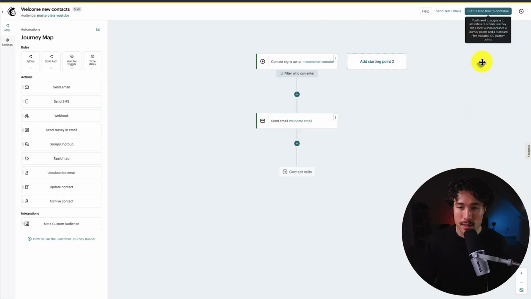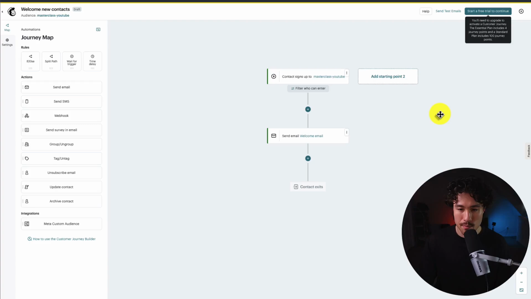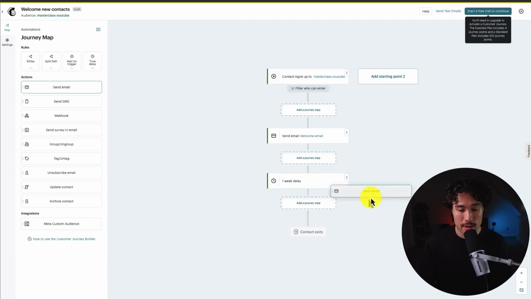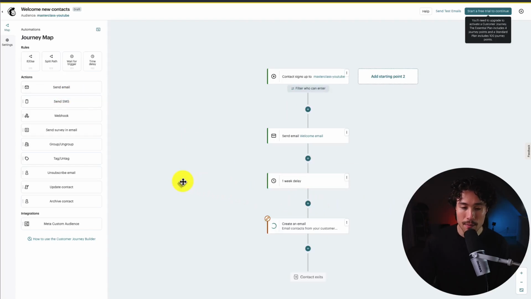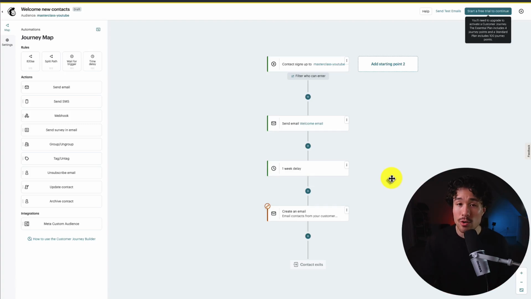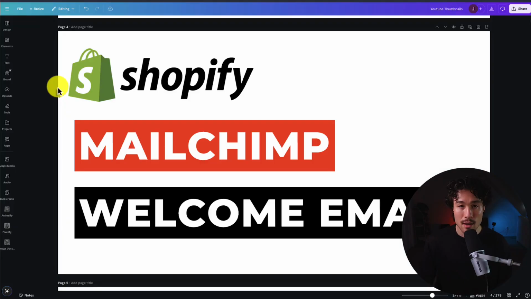And to confirm this, I would have to set up a free trial here, but that will actually launch our automation. To note, you can also add many different steps to this. Maybe I want to add an additional email, so I could add a 1-week delay. Then I could send an additional email after that. And you can really make this automation as long as you want here to really bring someone into your store's brand. You could also condense it, maybe sending 3 emails in the first week and doing just once a week after. So this concludes the video here on how to set up a welcome email for your Shopify store